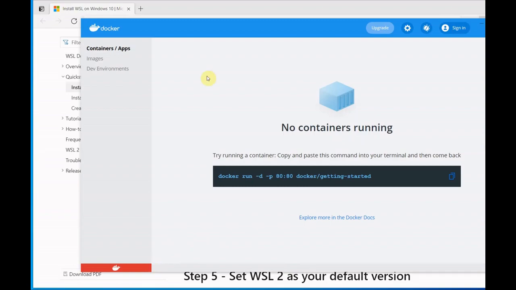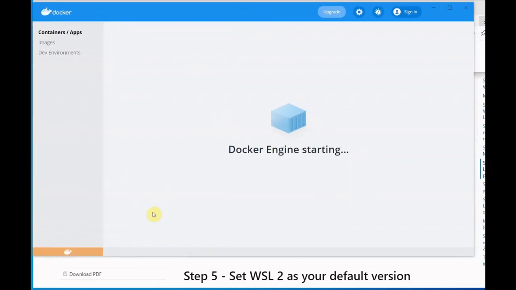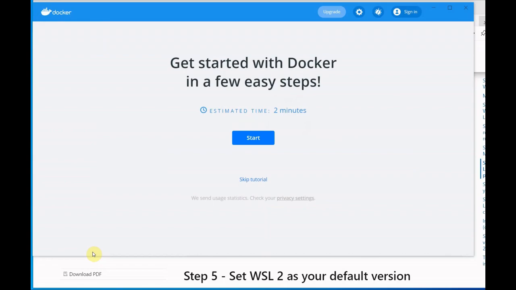So here this is our Docker application window. At startup we saw that this icon and this bar were in red color. Now the color has changed, because if the configuration is not done properly or the installation is incomplete, it will show red.